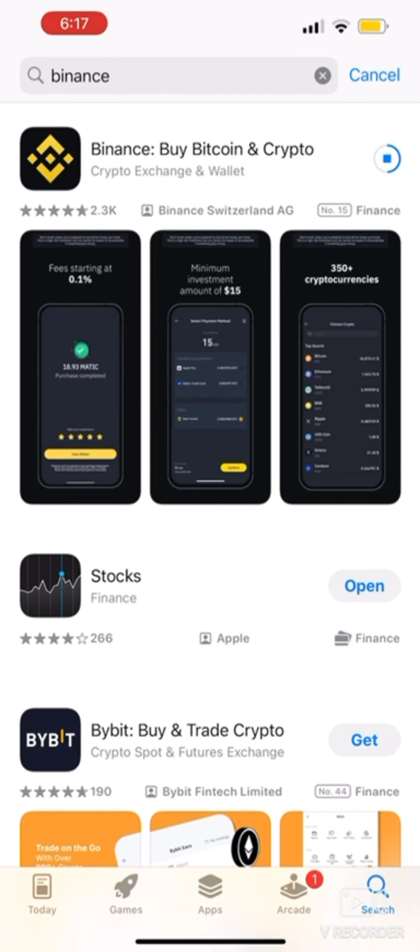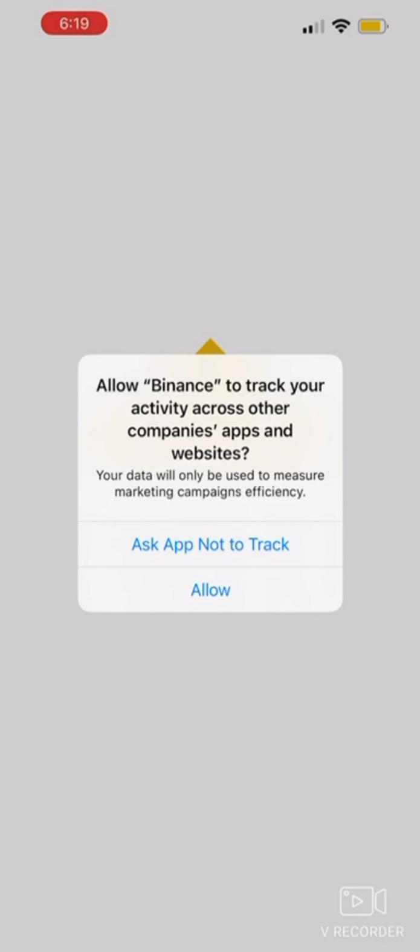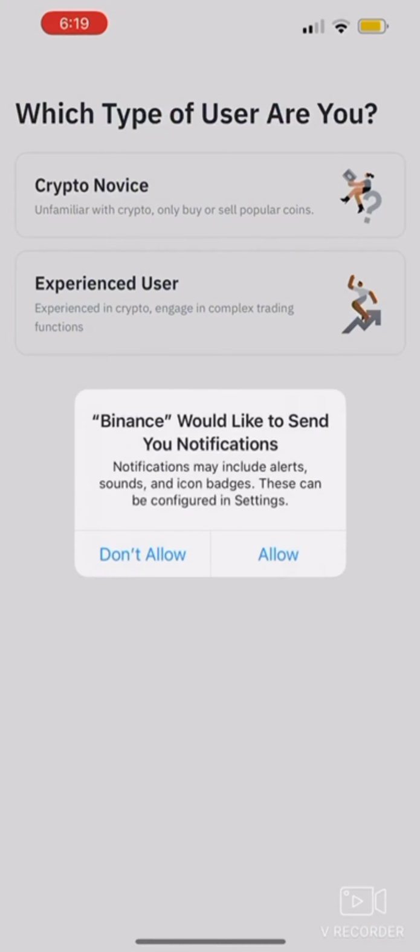While downloading an application, make sure that you are connected to a strong internet. Once the application is downloaded, tap on the Open button to launch the application. Open the application and that is how you'll be able to download your Binance application on iPhone quickly and easily